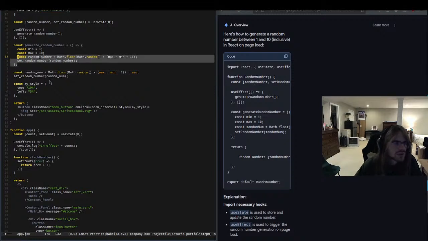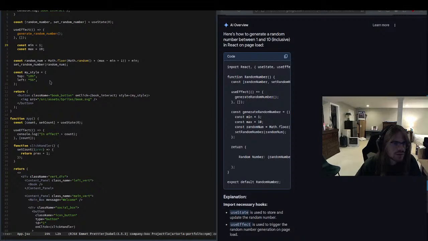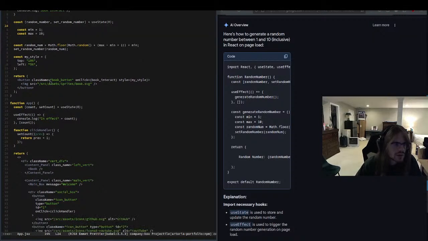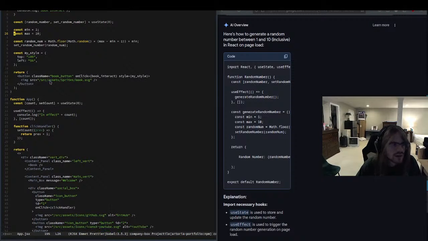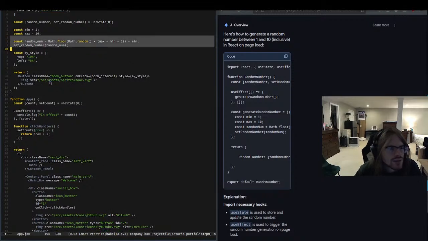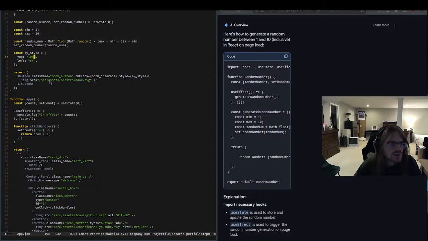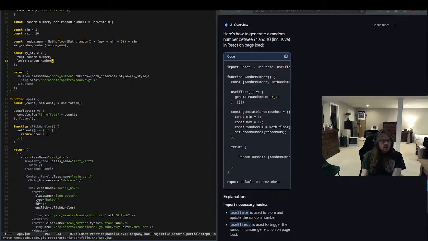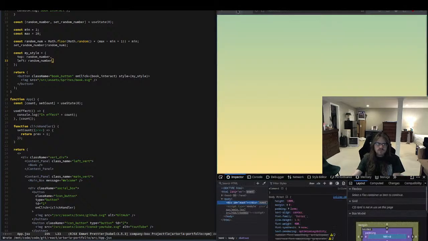And then if we just bring these back into its own scope, like that. I think that's all we need, to be honest. So top is just gonna be random number. And this is also gonna be random number. And then when we generate,